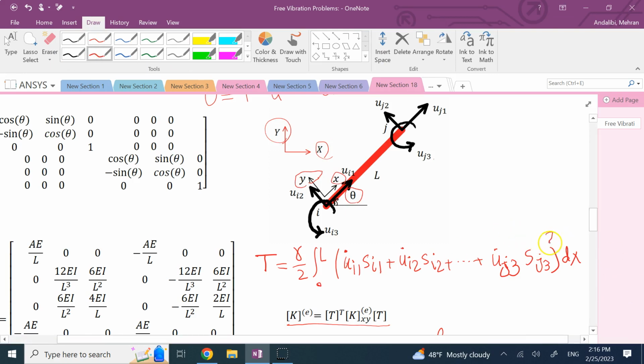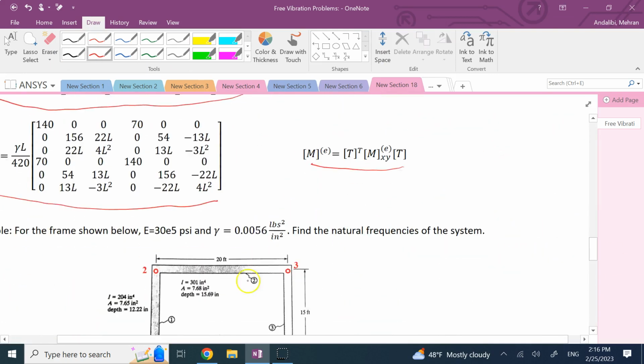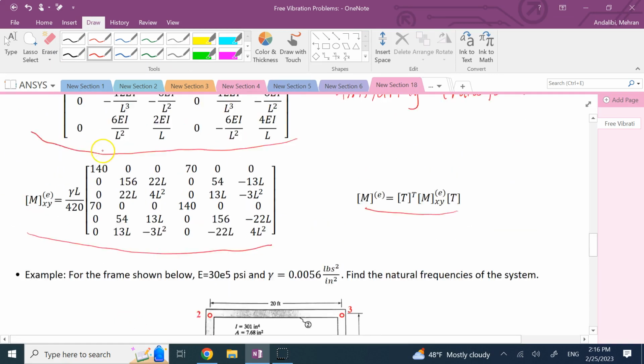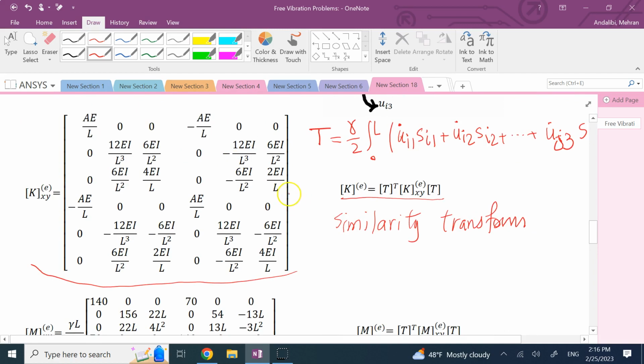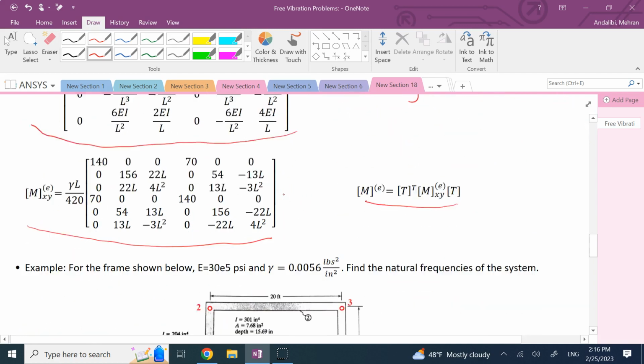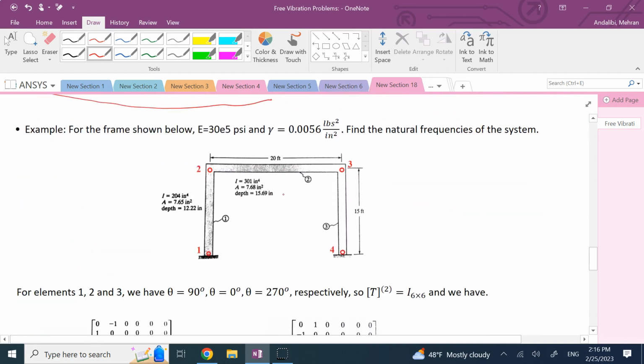So you have to simplify it, and that will give you this mass matrix. And as I said, the static case will give us this K matrix, both 6x6. So now let's use them for solving a real problem. In this case, we are going to look at a frame, and I said let's use the one with the largest